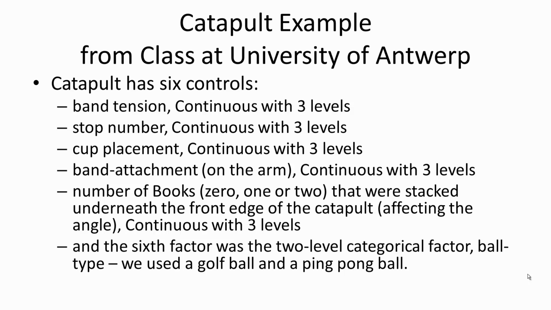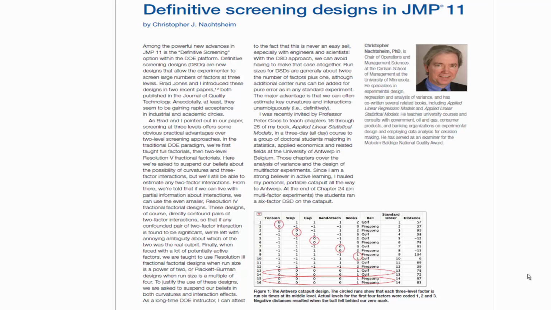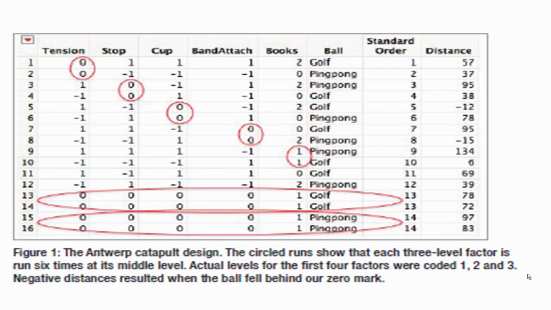And then the 6th factor was a 2-level categorical factor. It was the ball type, where they used a golf ball and a ping pong ball. Pretty dissimilar items. So here's the article that Chris published in a JUMP magazine, and down on the bottom is a layout